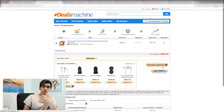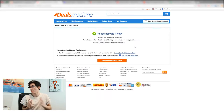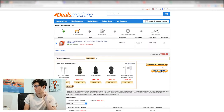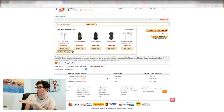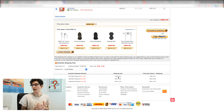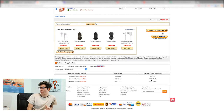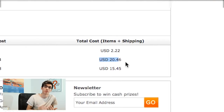Again, you can pay with PayPal and other stuff. So there's other forms of payment, all right? And basically after this, you have to activate your email, all that kind of stuff. But in terms of shipping, okay, let me go back. Basically, you have different shipping methods here, okay? Obviously this site is a little bit pricier than Banggood, but it is an alternative to AliExpress with different shipping, standard, expedited, and their actual cost based on weight. But for this one, it's $2.22 for the standard, and then for flat rate shipping, and for